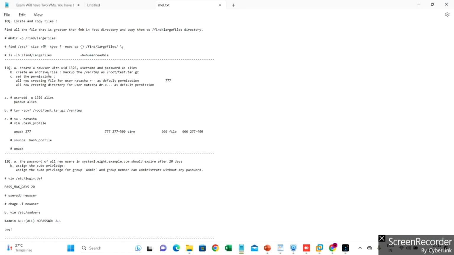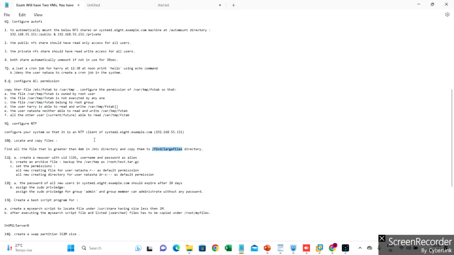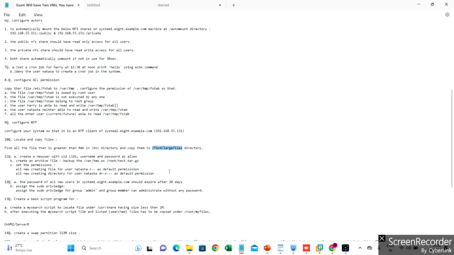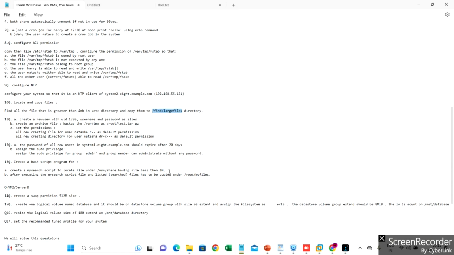So here is your question. Now the 12th question is: the password for all new users in the system should expire after 20 days, and assign the sudo. So first we will attempt the first one: the password of users in the system should expire after 20 days. All new users. So what we have to do